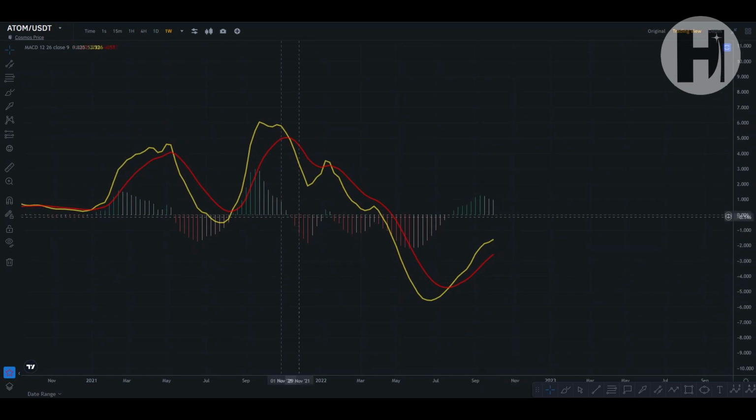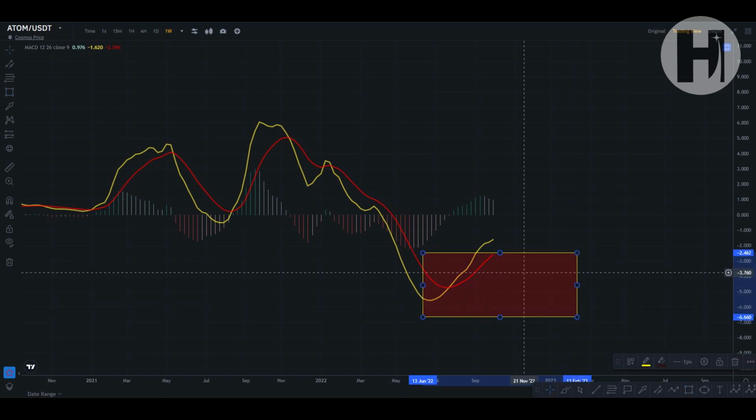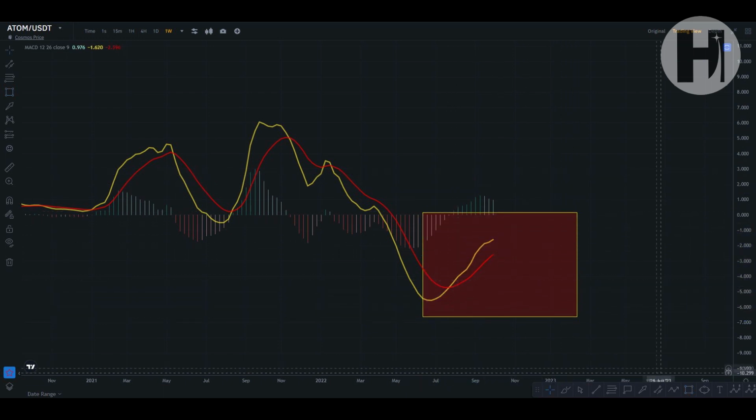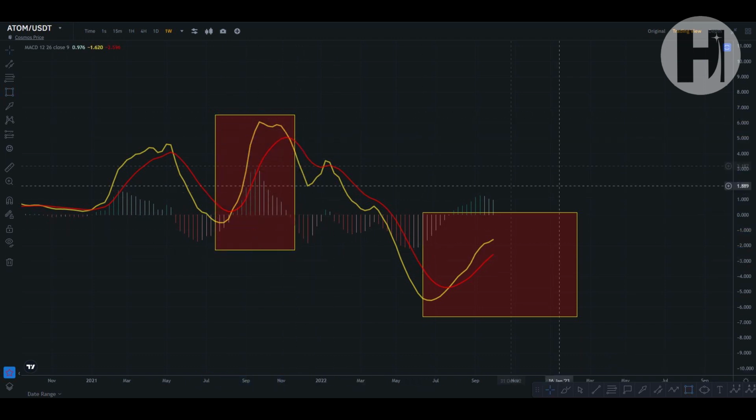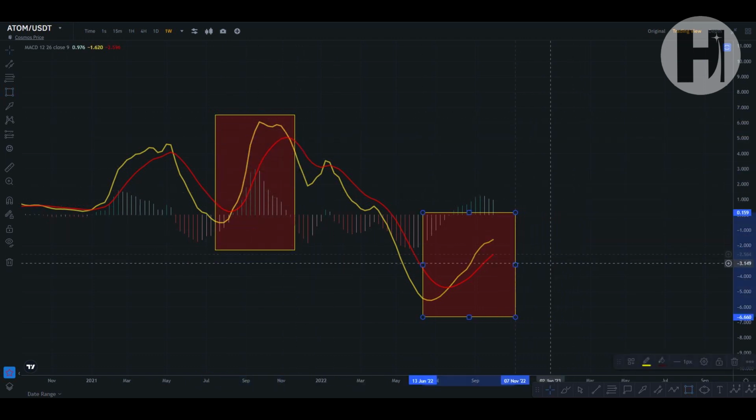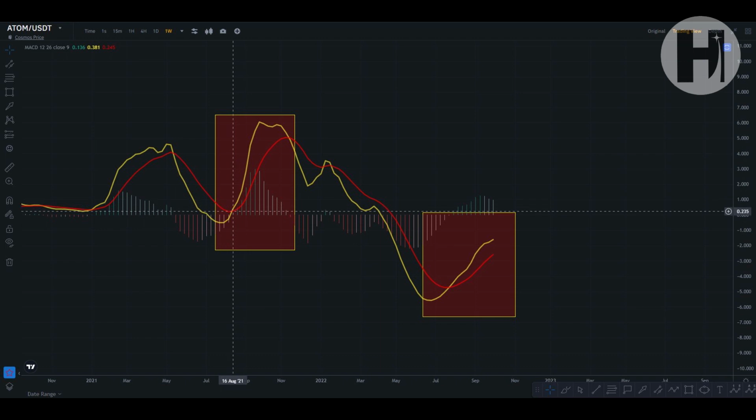And looking at the MACD, we're having a very similar picture here. So take a look at this and take a look at this. You can see how similar these two are. So you basically created a bullish cross on the MACD in August. Same thing here, well, end of July, so pretty much during the summer. And here you had a very, very extremely overbought impulsive move to the upside into November.